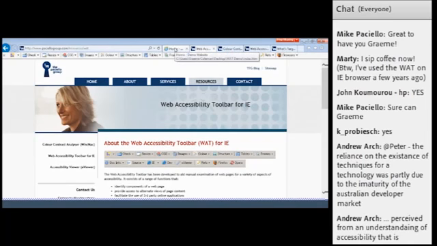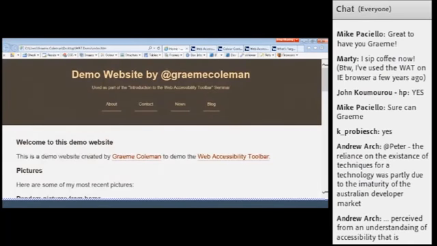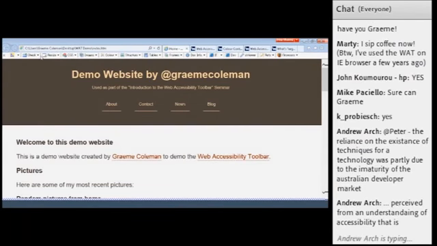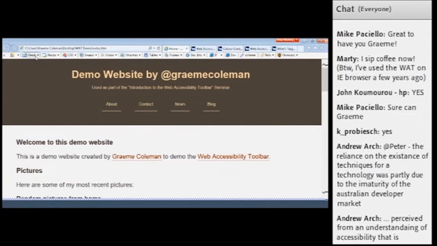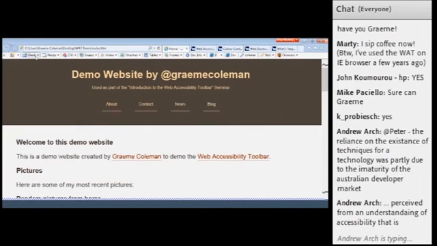So one of the things that you can do with the Web Accessibility Toolbar is that we've got this images drop-down menu within the toolbar itself. And there's essentially three options that you can use here. Just opening the menu here, we've got the option of listing the images, which is the very first option.